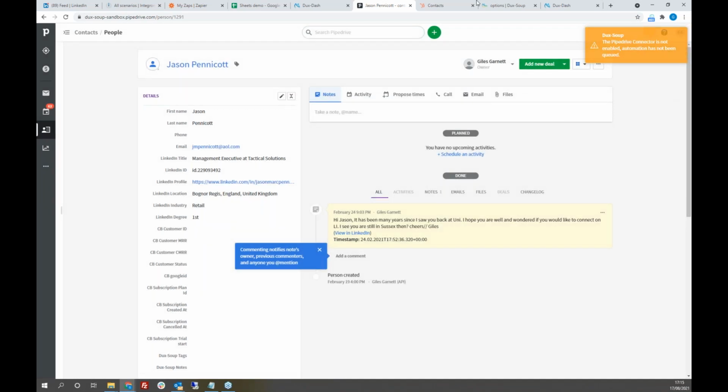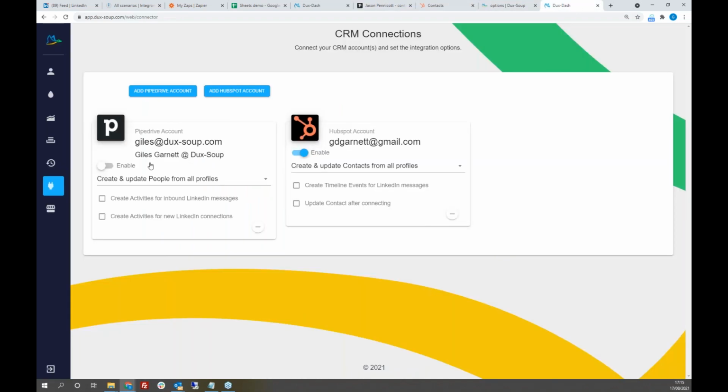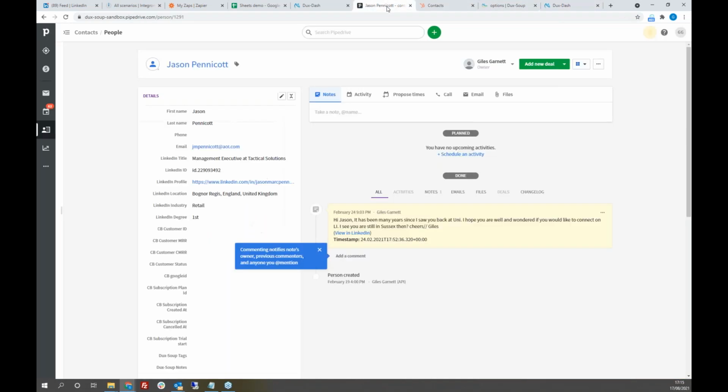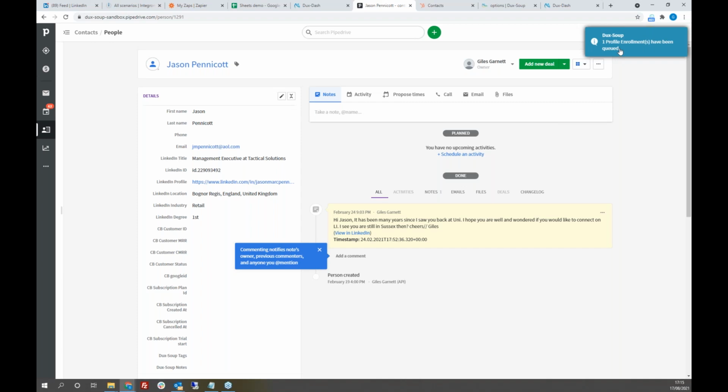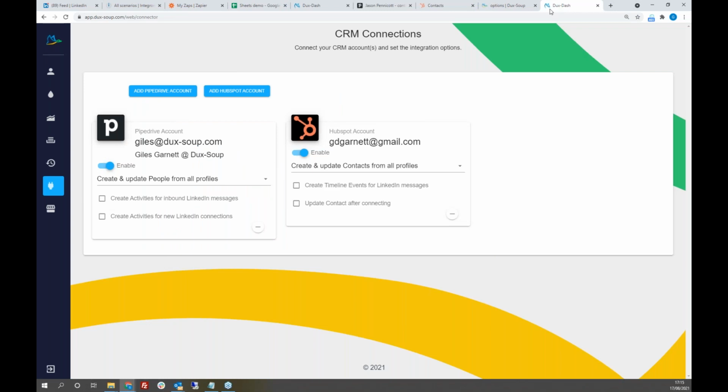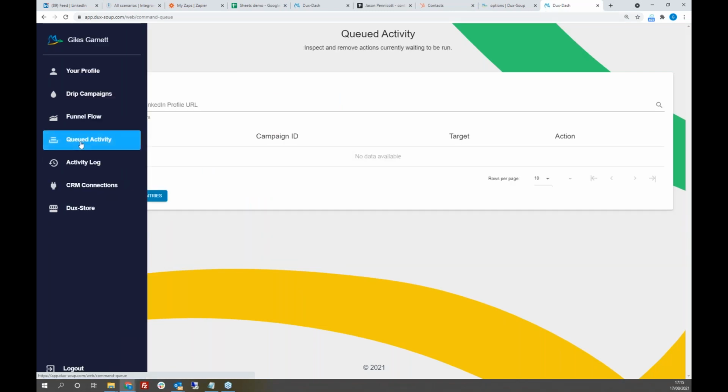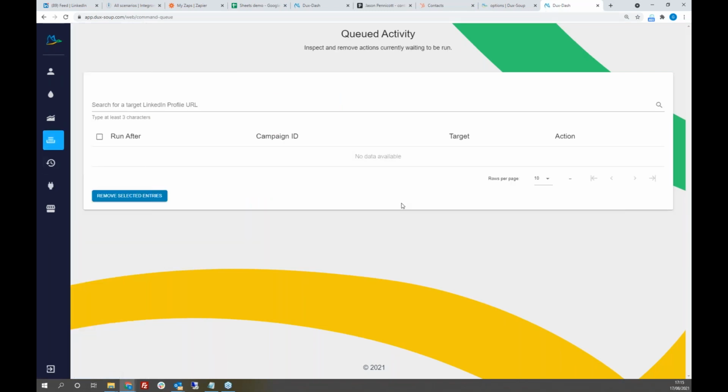I've not enabled my Pipedrive connector, so that's not going to work, is it? If I enable that, then that might work. Let's try that again. There we go. There we are. One profile enrollment has been queued, and I don't want to send anything yet, so I will cancel that. But if I now look at my queued activity,